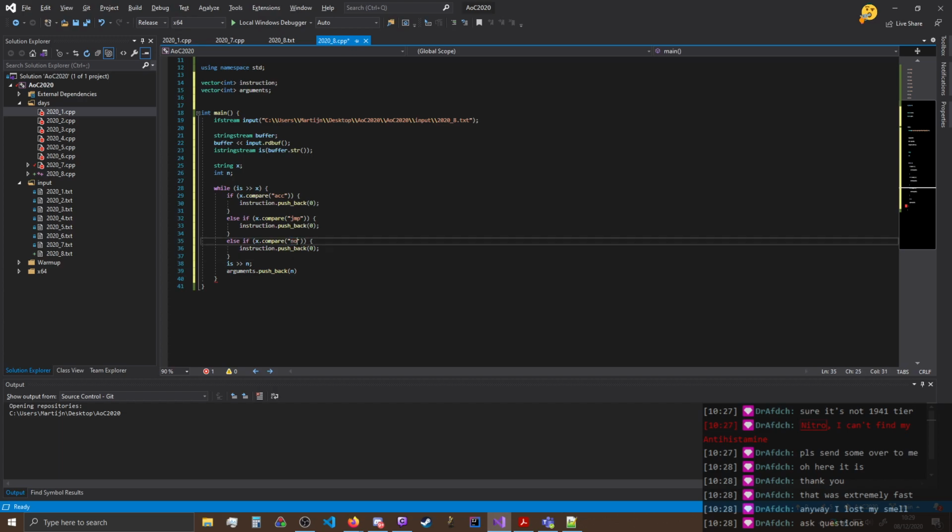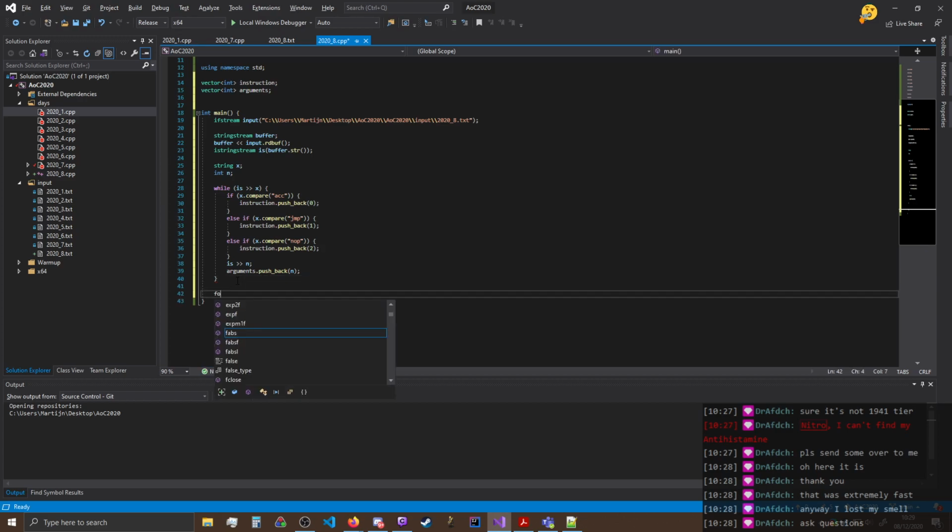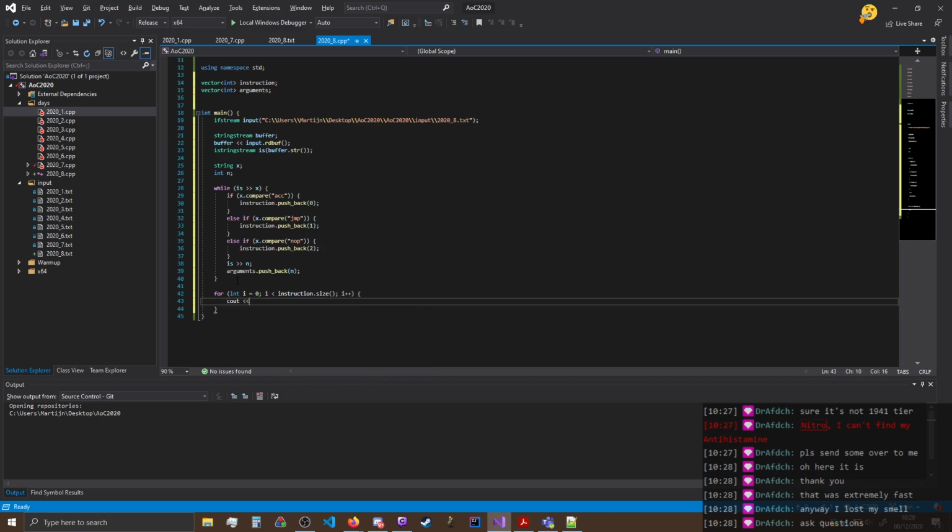Else, if it's nop, it is spelled like nop, right? Not with capitals. Yeah, nop. Pushback 1, pushback 2, and else. There's no else. We just assume we're amazing programmers and nothing ever goes wrong. So that parses our input. We just, for int I equals 0, I is less than instruction dot size. Let me just make sure we have everything correctly. I plus plus, and then we count instruction I and argue